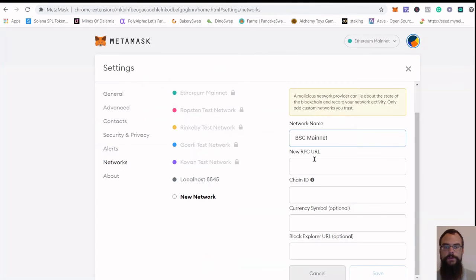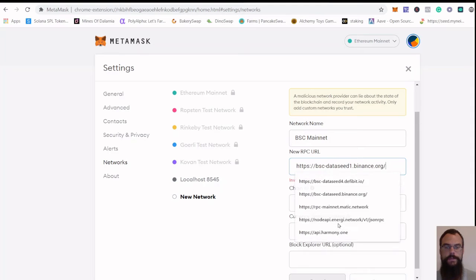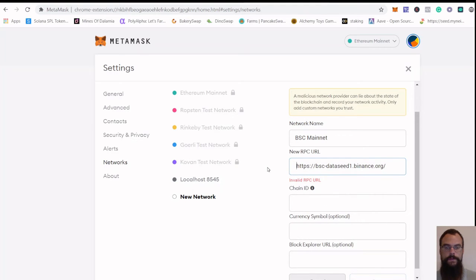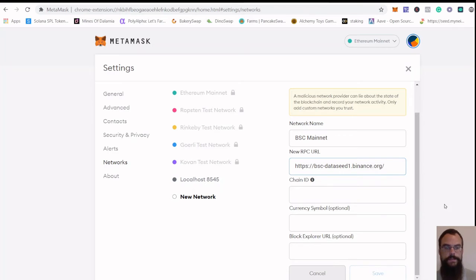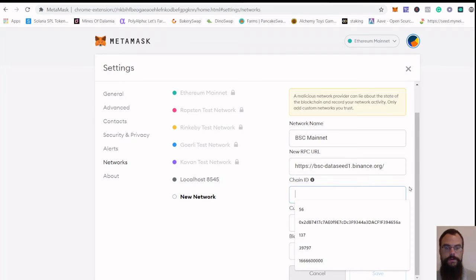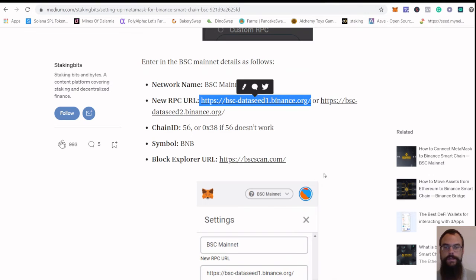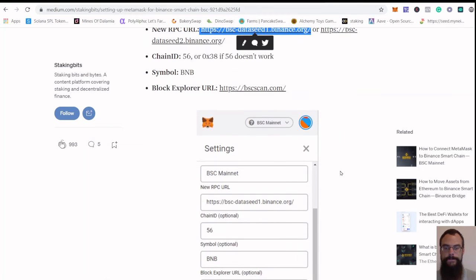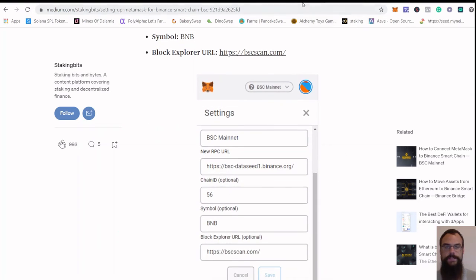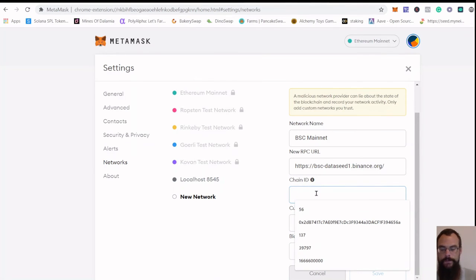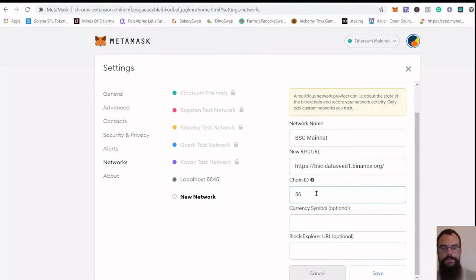And then go back to your MetaMask, and you're going to paste it in here. I'm going to take out any of the spaces that we accidentally copied. Okay, we're good. We're going to go to chain ID. And the chain ID, you're going to write in 56. And we're going to write in BNB, because that is the main token for BSC mainnet, and the block